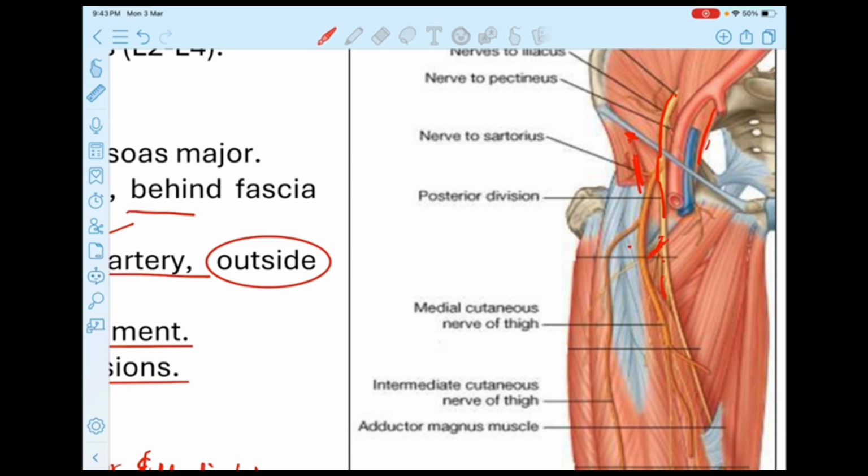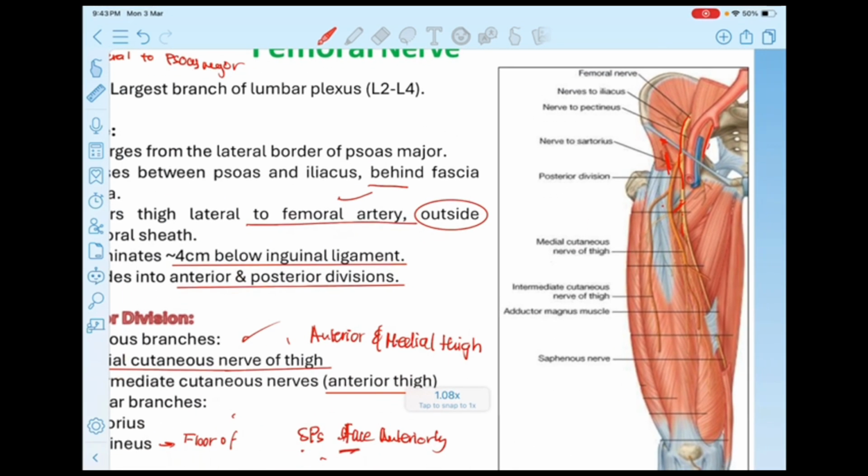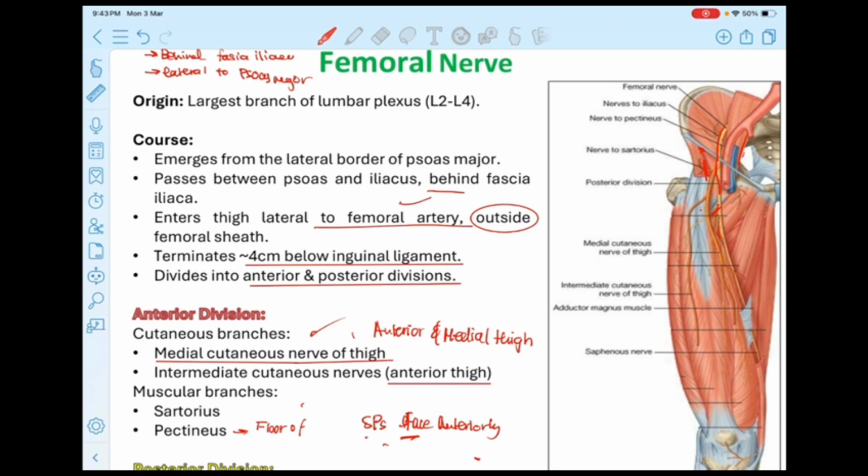So now let's move on to the anterior division, which gives us our sensory or cutaneous branch, the one that supplies both the medial thigh as well as the anterior part of the thigh, through the intermediate cutaneous nerve that supplies the anterior thigh, and the medial cutaneous nerve of the thigh, which supplies the medial thigh. And the muscle branches, you can think of it as SPs,